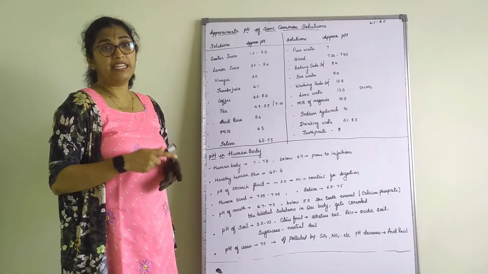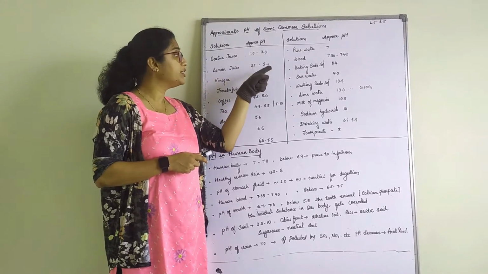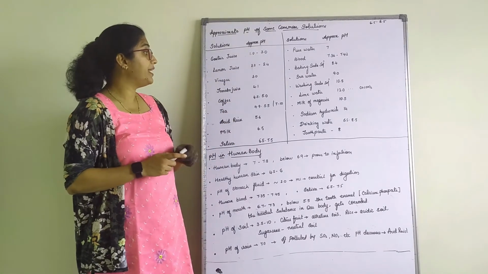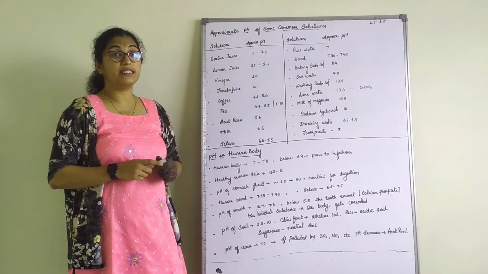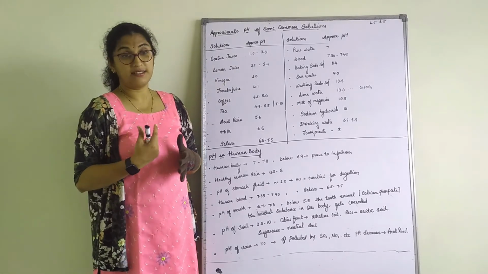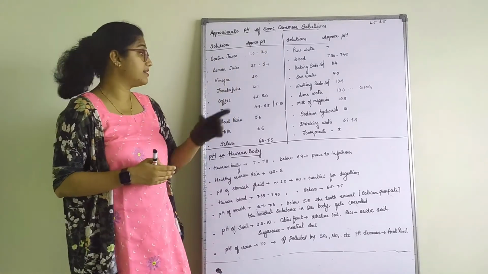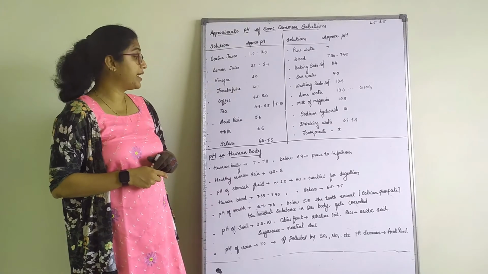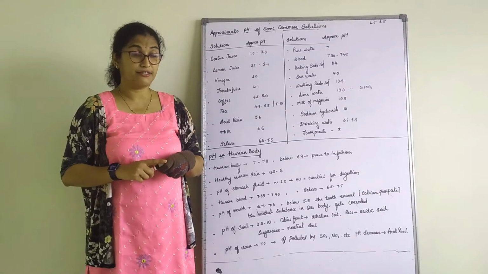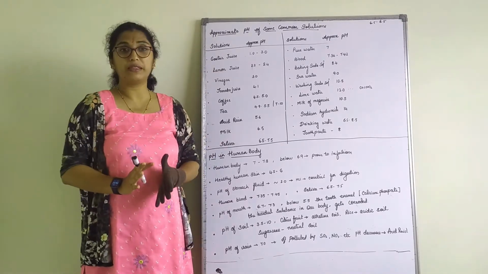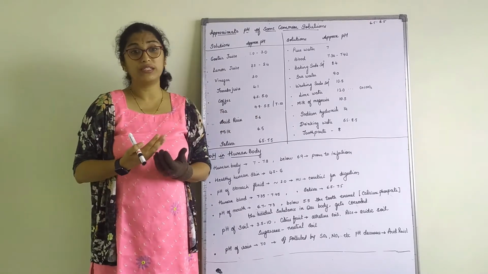Lemon juice, lemonade or lemon juice, what we say, that is also acidic, which is between 2.2 to 2.4. Vinegar is 3. Now again here, though it is highly acidic, it comes under weak acid. We know what are strong acids and weak acids. Tomato juice 4.1. Coffee, it's 4.5 to 5. That means coffee is acidic, right? Either it is black coffee or coffee with milk, coffee is acidic. Sometimes we get acidity by over-drinking tea or coffee.